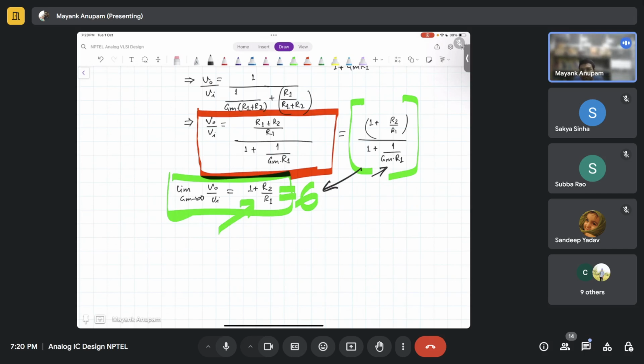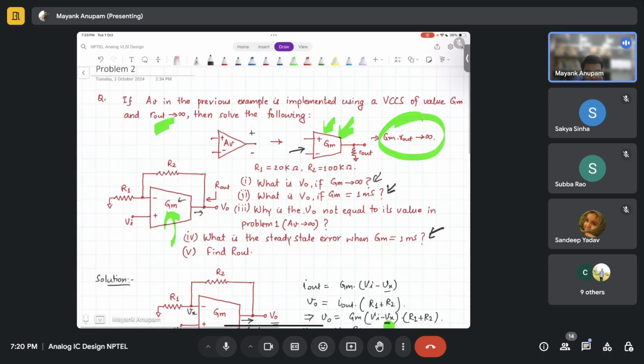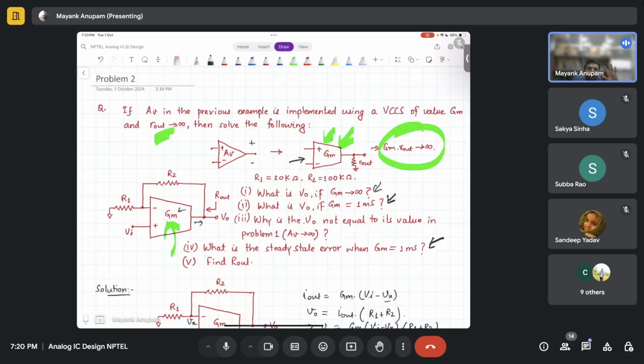It is also a steady state. Basically, whatever is happening should always happen in the same manner. That is steady state. So in here, the steady state error means what is going to be the final error